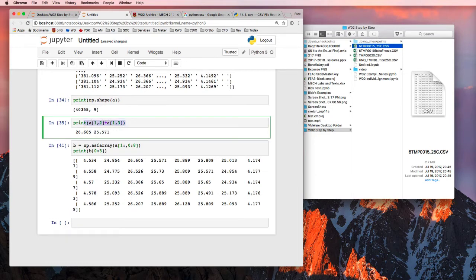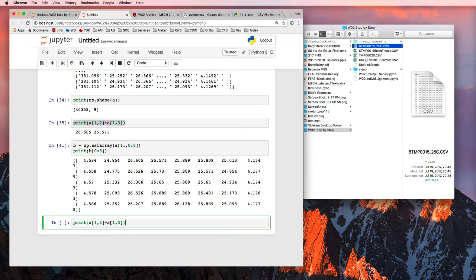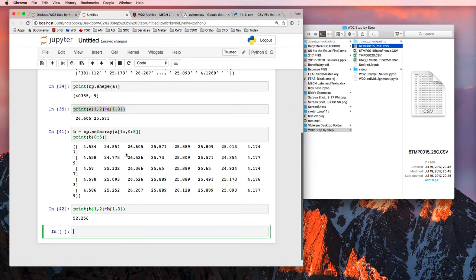So let's try, instead of printing A12 and A13, let's try printing the sum for the B. So Command V. Whoop. Well, paste that down there, and we'll try it on B. And it adds the two numbers together. I get 52.256. So that would be